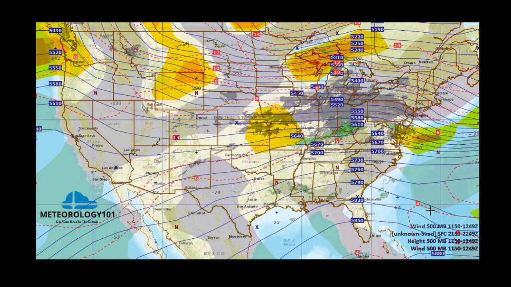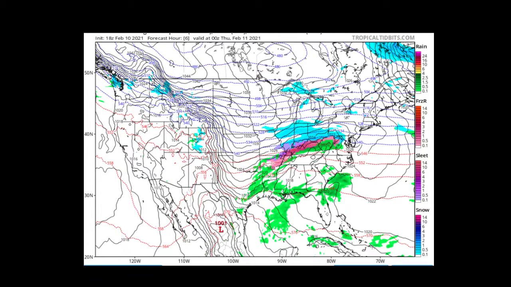Right now, we're going to go over to our models, and then we're going to see what we got. Tropical Tidbits, pretty good one. This is the easy one to use. Just a push of a button, you can drive this to the next chart and then see how this thing kind of plays. I mean, for initialization,